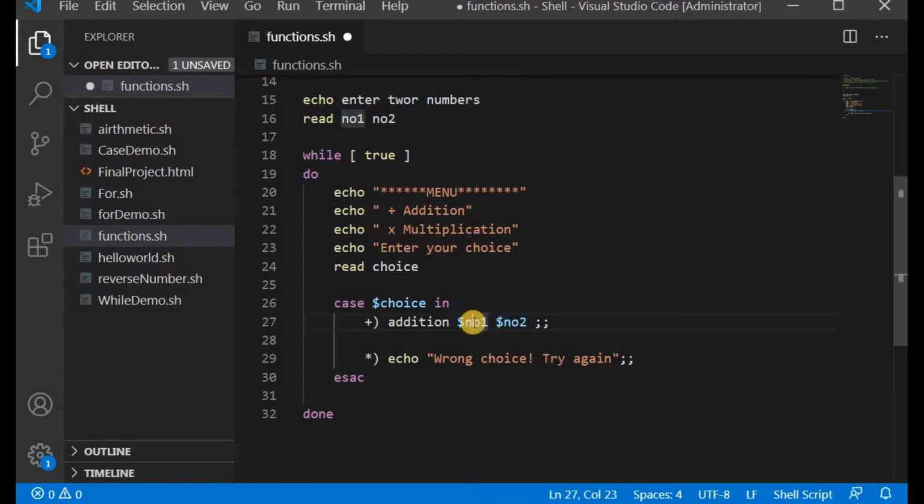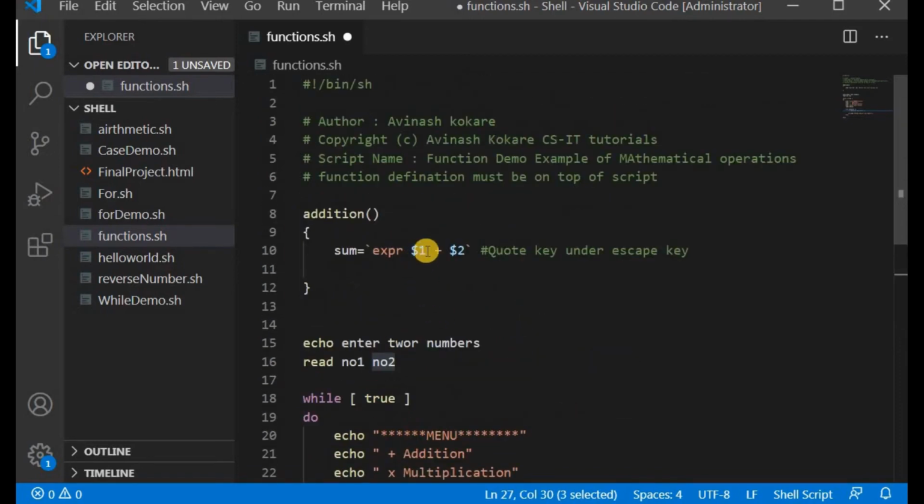So number 1 is the first argument and number 2 is the second argument. While referencing those arguments, they are referenced by the number of the argument on the command line. So $1 is at the first position, $2 at the second position. Like this you can pass 9 arguments, $1 to $9 are referred to as the command line arguments.